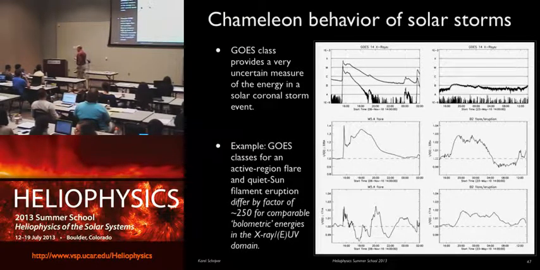a high M class flare, so a substantial but not extreme flare that goes off in an active region, will be very bright in X-rays. And it'll typically be pretty short-lived, tens of minutes. If I let that same amount of energy go off in one of these vast structures outside of an active region, a filament, a prominence, the cool material suspended in these thread-like structures over the solar surface, into a coronal mass ejection, the bulk of the energy will come out as kinetic energy, and it'll come out in the extreme ultraviolet, so hundreds of angstroms rather than single-unit angstroms. And it'll take a day for it to relax.